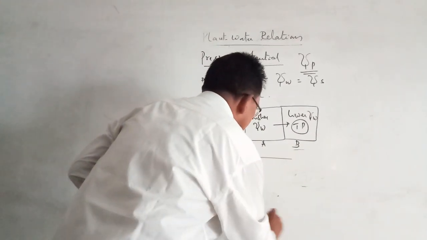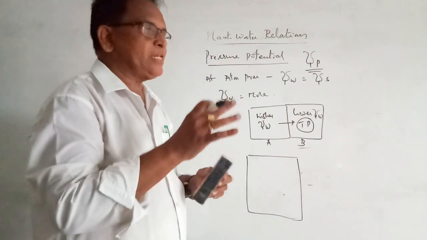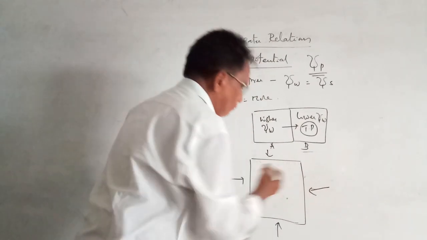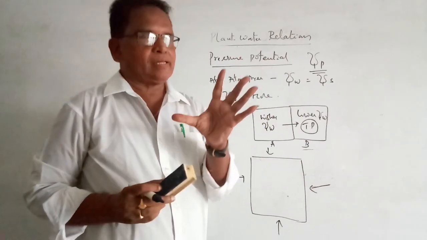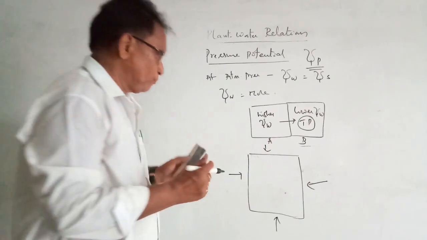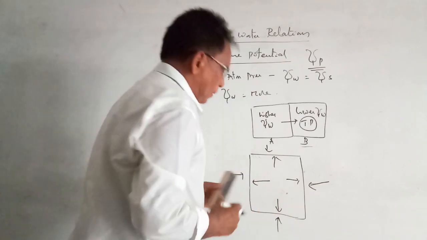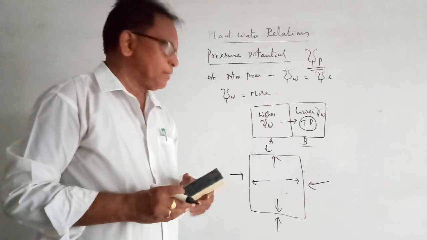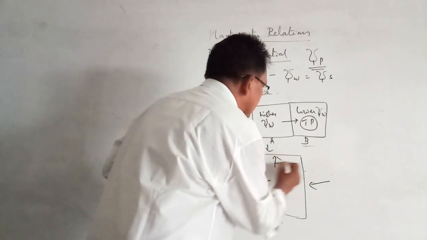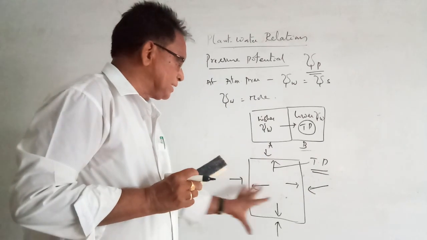Suppose water enters into this cell, it becomes swollen. Whenever water enters into this cell from all these directions, the cell becomes swollen and there is an increase in the pressure in that cell. That pressure operates on the cell walls. ఆ కణంలో ఒక రకమైన ప్రెషర్ ఇంక్రీజ్ అవుతుంది. ఆ ప్రెషర్ ఆ సెల్ వాల్స్ మీద పనిచేస్తున్నది. And that pressure is known as TP, Turgor pressure. So now the pressure increases inside the cell.